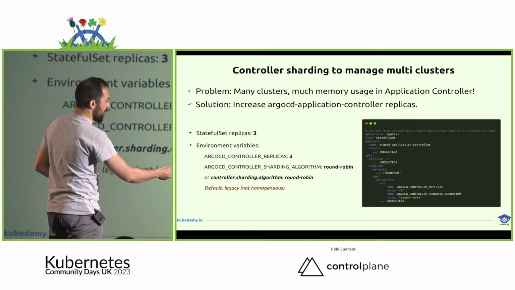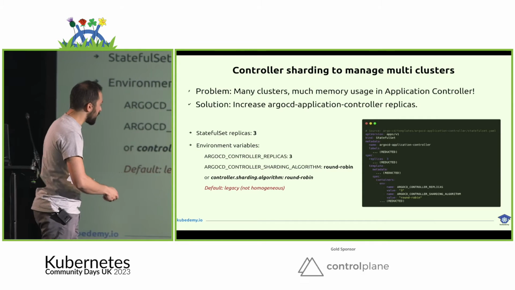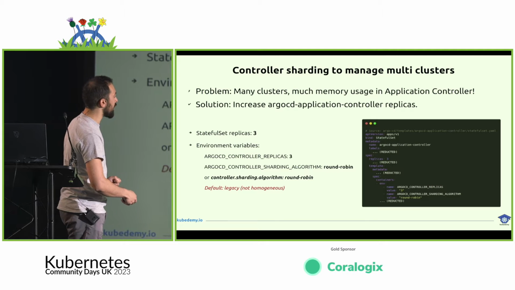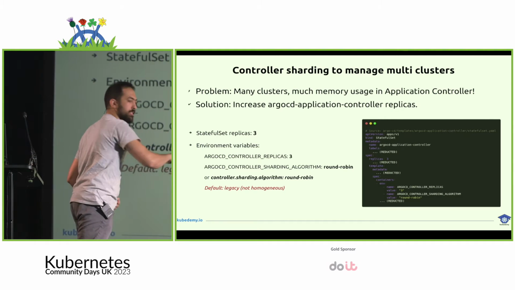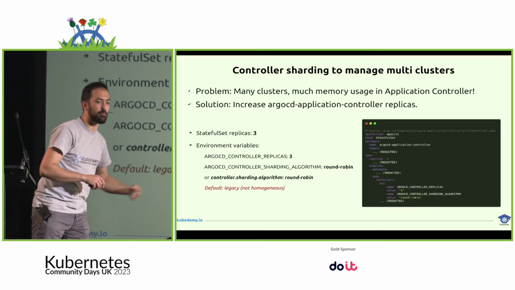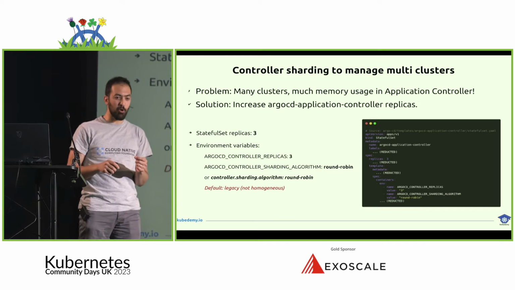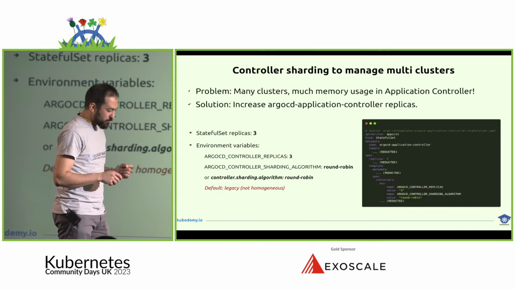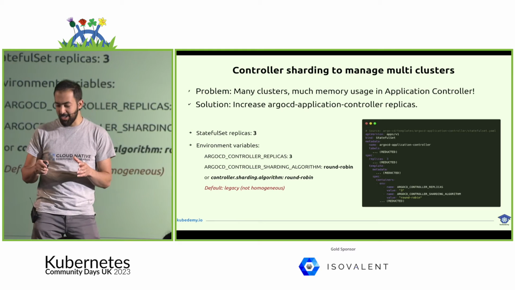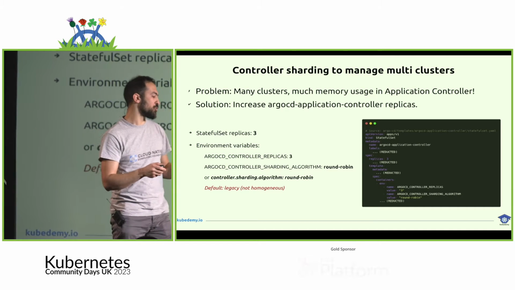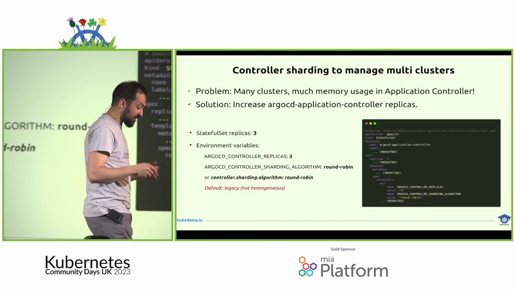And after that, we have the sharding algorithm. By default, it is legacy. But you have to change it to round-robin. Because the legacy mode picks based on a poor algorithm